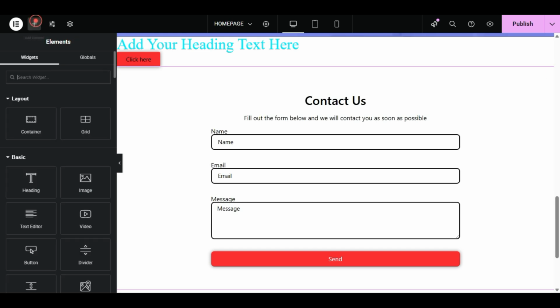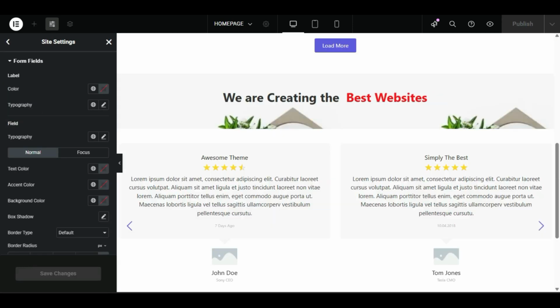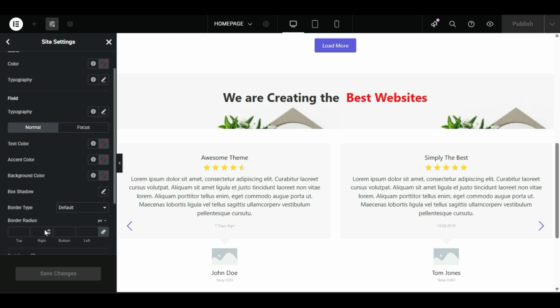You just have to search, add element, search form here. You can find it. That's why we use add-ons, because in the add-on we also have a form builder. If we like this one, we can drag this one. Form styler we can use, but form light we will use. It comes with the basic Elementor. So if I go back to settings, to the form field, you can change its color, even the button color